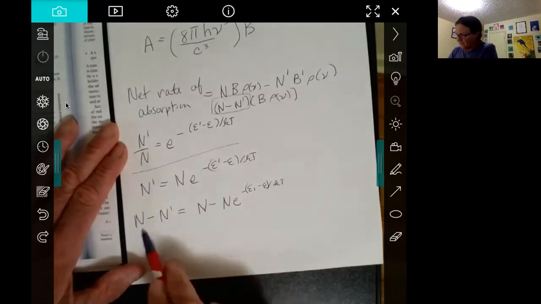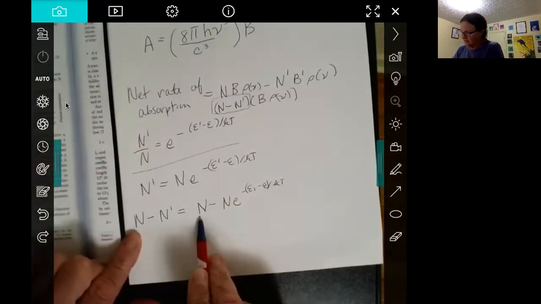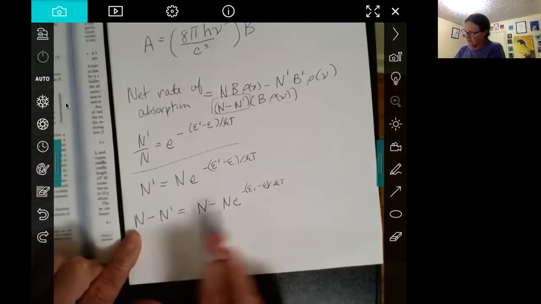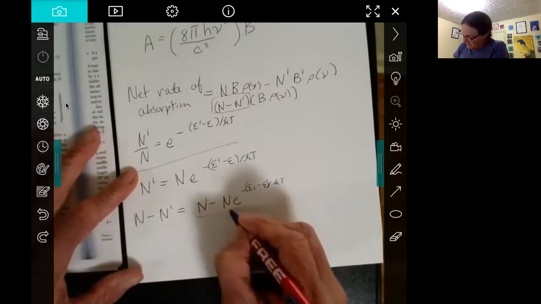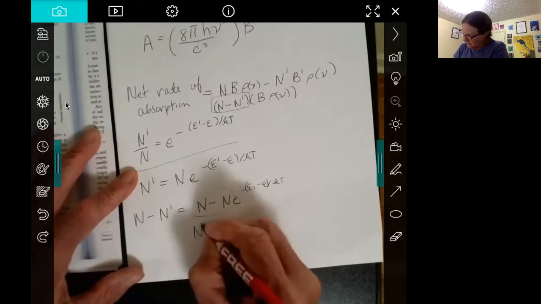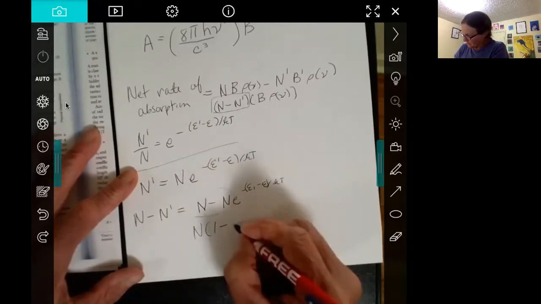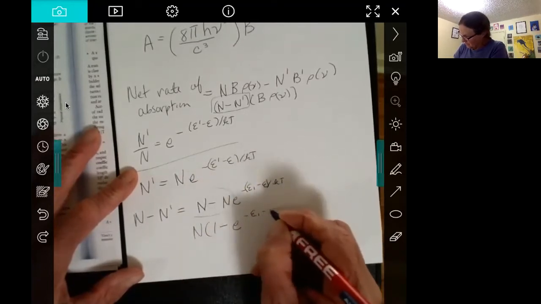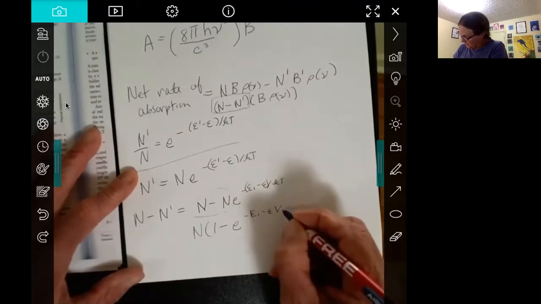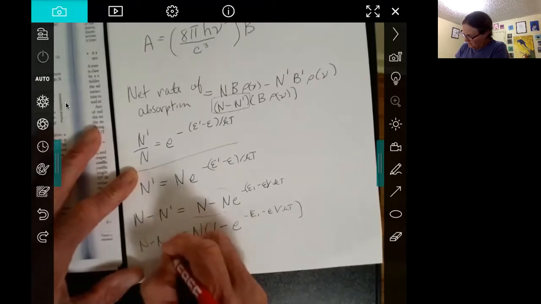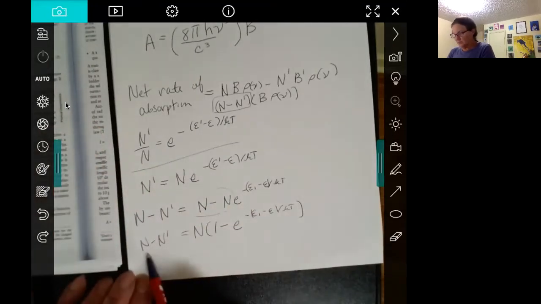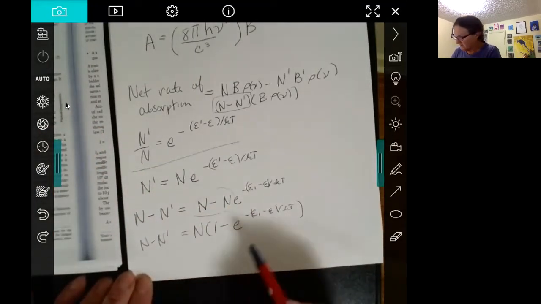So N is all I've added to each side, and then I've subtracted the N prime from it. So then you can group these guys out front, and you can say that N minus N prime, so the difference in the number in the ground state to the excited state, is